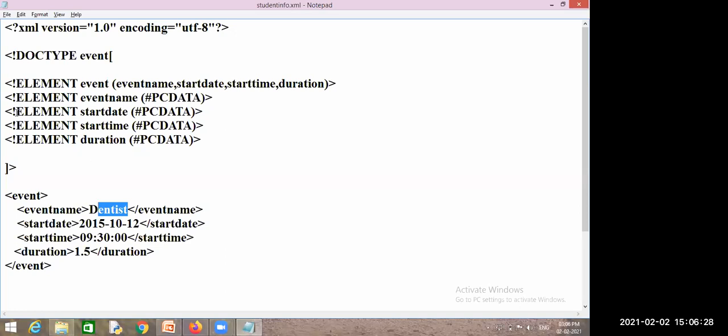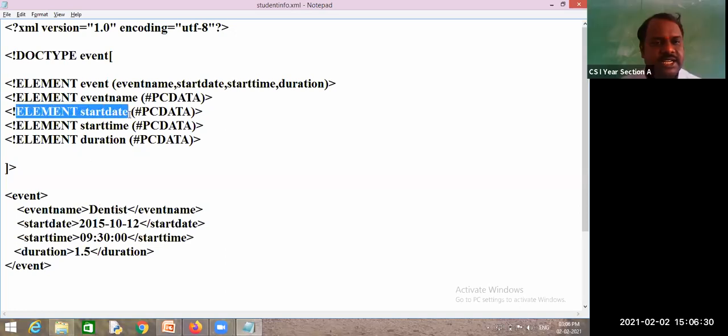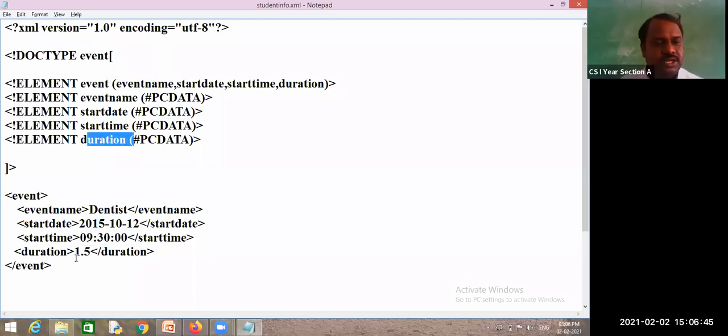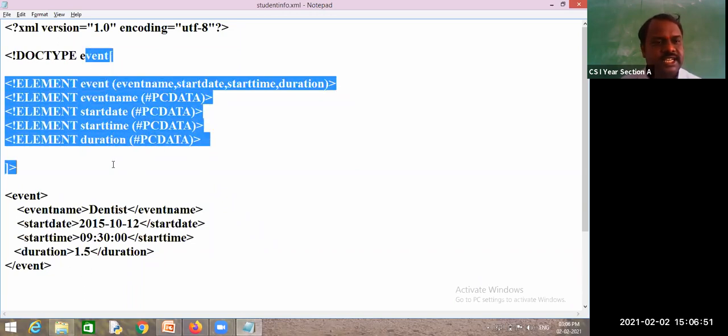Text only. Next, create another element, start date, which is also direct text. So the text I have written. Again create one more element, that is start time, which contains PC data. So that I have written here. Next, duration. Duration is also direct text. So I did not write any units here. So this is the DTD document.